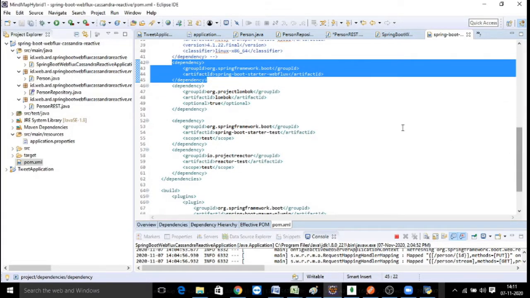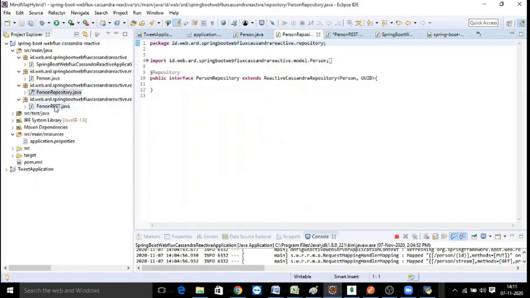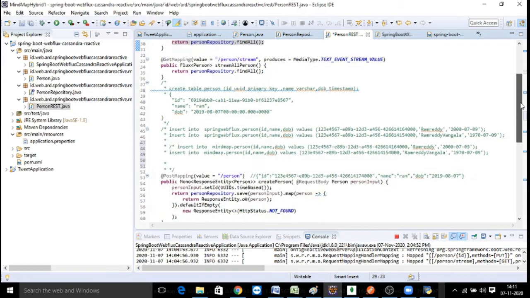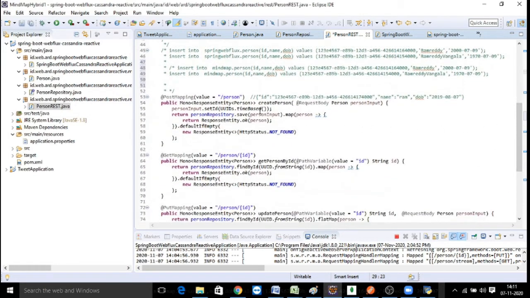Especially when we make use of our reactive stream publishers called Flux and Mono: for loading single data, like whenever we are getting one person's details, we map it with the publisher type called Mono.